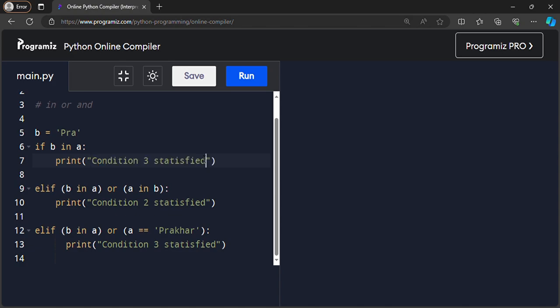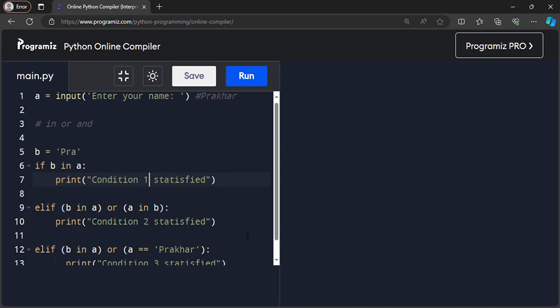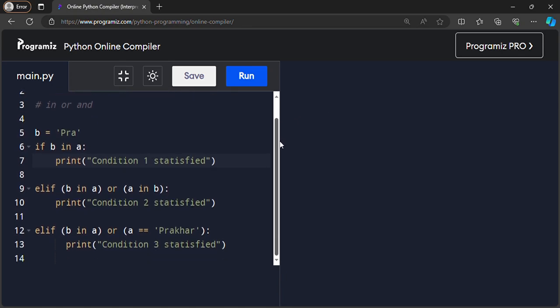Okay, so again like we did earlier, I will give the input for this a variable as Prakhar, and let's see how these checks will occur. If b in a, PRA in PRAKHAR, yes, condition was satisfied. Then elif b in a, the same, yes, condition got satisfied, or a in b. This will give output as false, this will also give false,